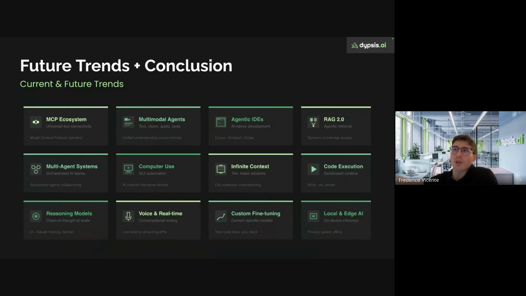I also believe the MCP ecosystem will continue to evolve a lot. For instance, recently there have been some updates to the protocol, for instance, to provide UIs natively.